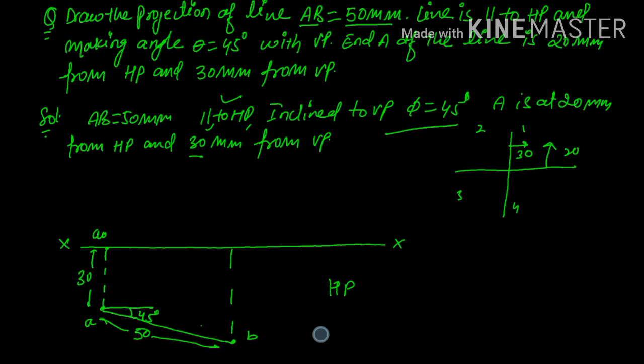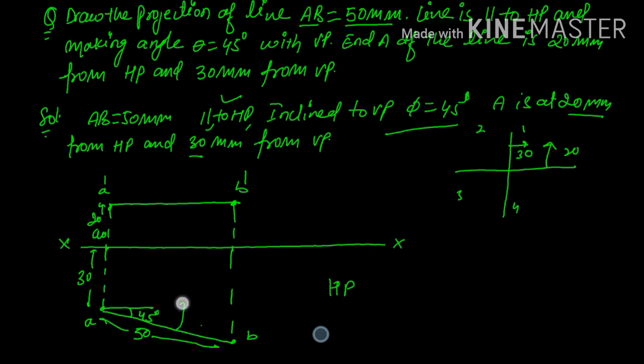Okay, now we have to draw the projection on VP. Okay, for VP हमें HP के साथ क्या dimension दिया हुआ है? सिर्फ 20 mm. Okay, so I'll go 20 mm up. Okay, this is the point. Draw a horizontal line up to this point, extend this. So this is another point. So A dash, B dash. So this is my answer of this problem.